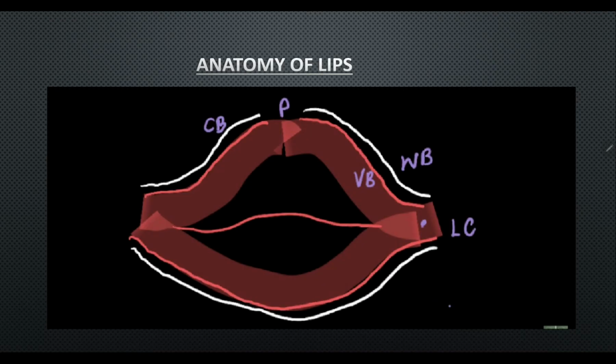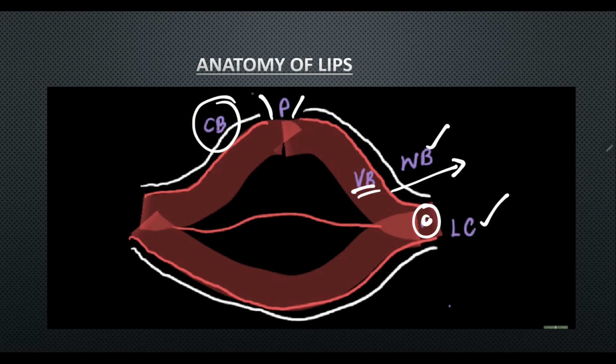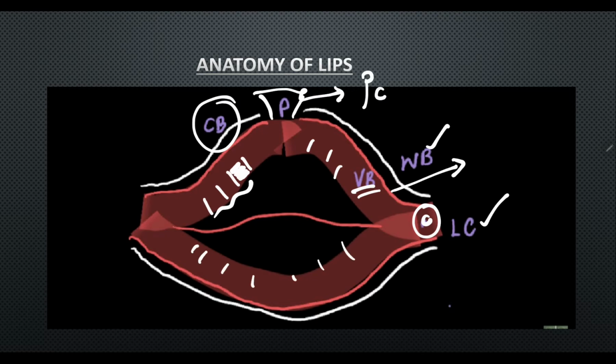Next, coming to anatomy of lips. In anatomy of lips, what we need to know is, first this part is the commissure of the lip, and then this is the vermilion border or the red border. Above that is the white border, and this is the cupid's bow. This part is the philtrum and this line is the philtrum column. These are all the parts of the lip in overall view. And as well, this part of the lip, what we see here, is called a tubercle. This tubercle is seen in the upper lip and as well the lower lip.